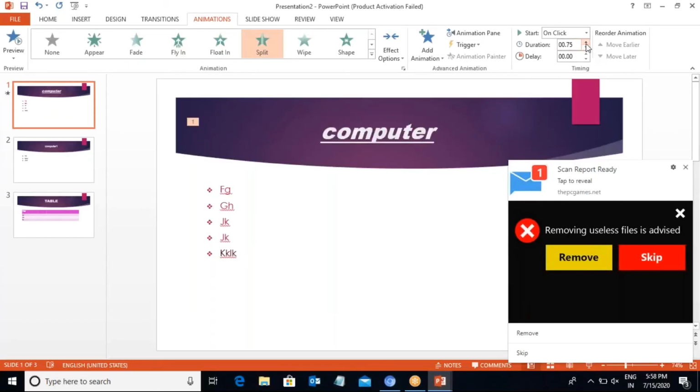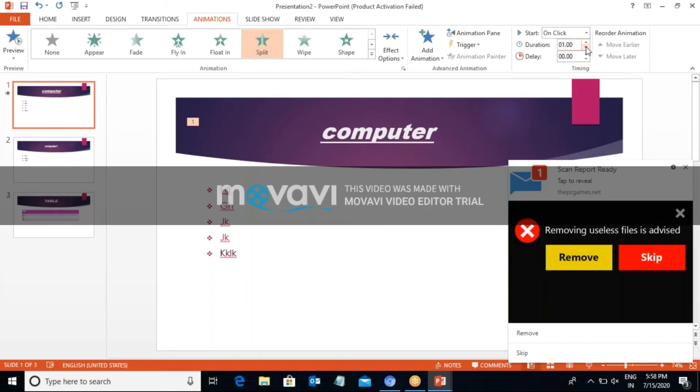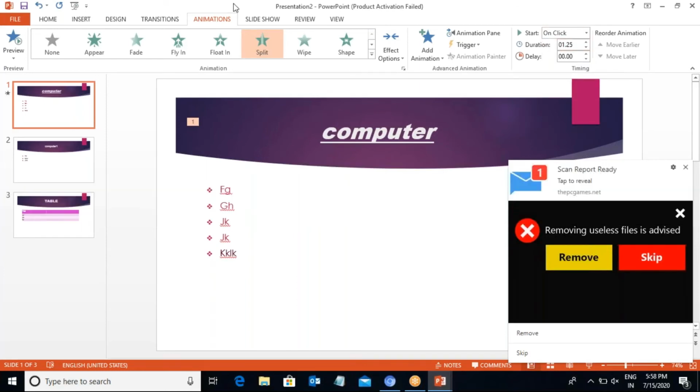Duration timing is also for your requirement. You highlight your animation, and the duration timing is defined for it. For example, a number of options will be shown.